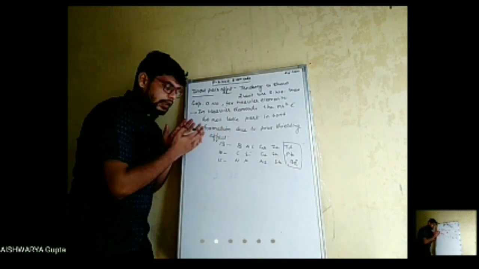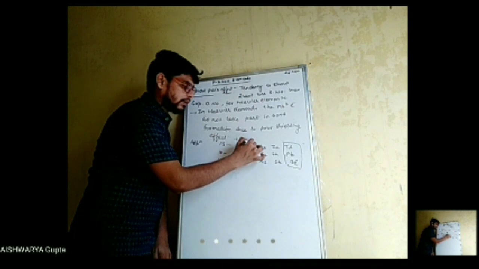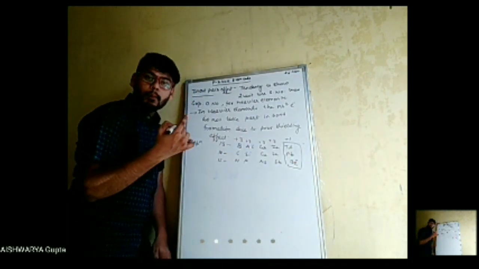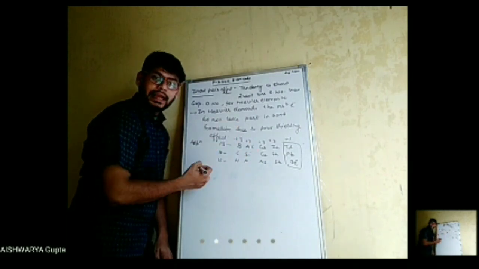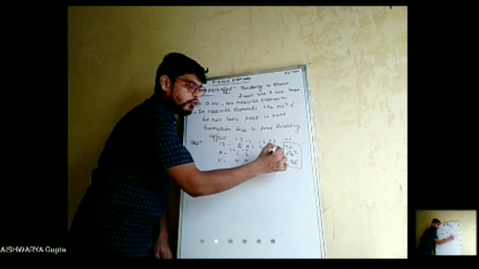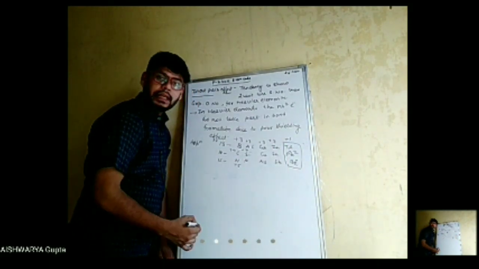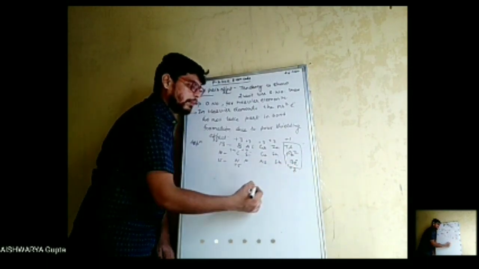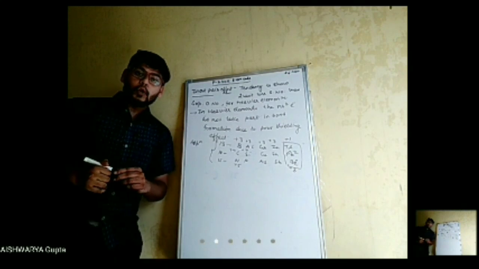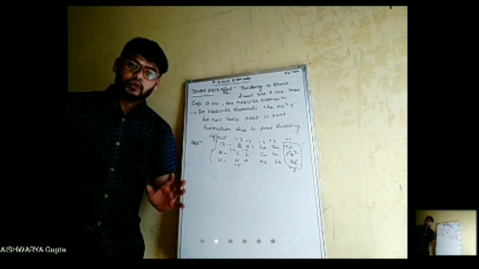In the case of group 13, the oxidation number is +3 for all, but +1 will be more stable for thallium. In group 14, +4 for all, but +2 for lead will be more stable. +5 for all in case of group 15, but +3 will be more stable for bismuth only. And this is found only in groups 13, 14 and 15. Is it clear?